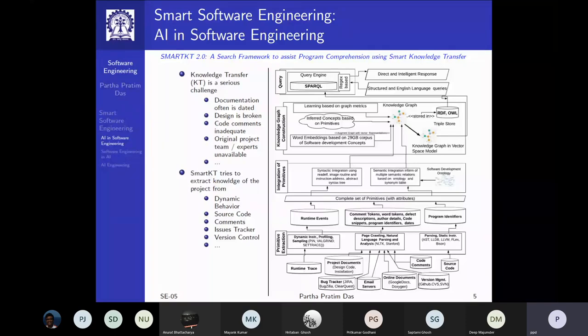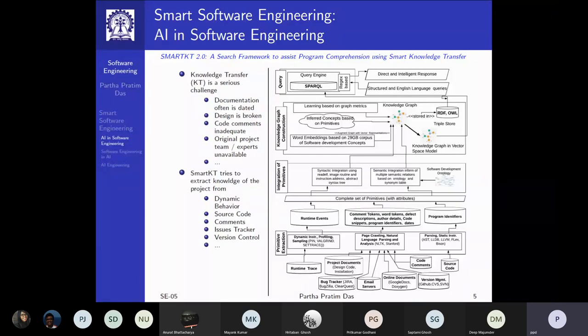You can dig into the bug tracker to see what are the traces of things that have happened. You can dig into the version control system, the emails. So taking each one of them as a source, you can have extractors of information. And then you start modeling them in terms of certain higher order feature primitives and try to extract knowledge, because you have a large volume of these available, and build a knowledge graph.